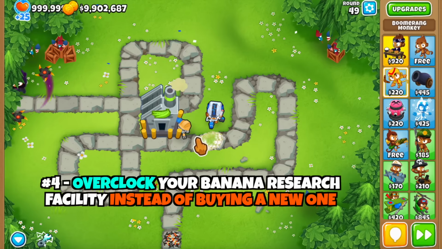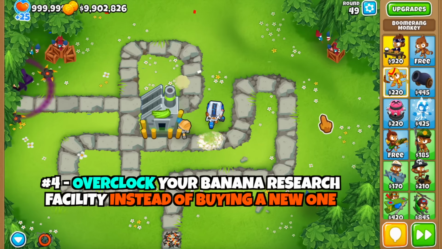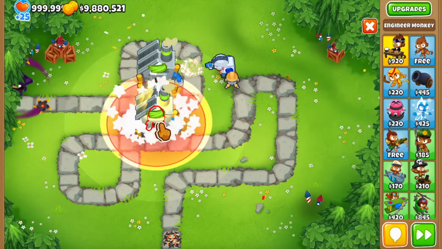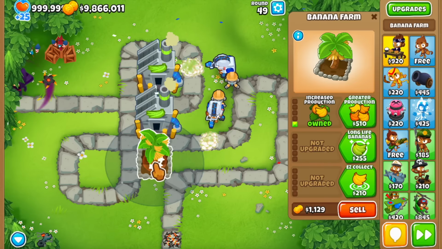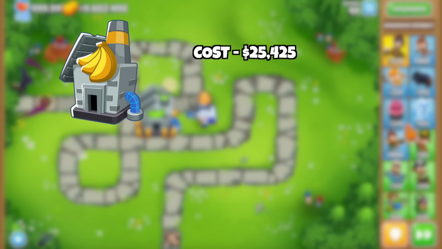Number 4 is overclocking your BRFs instead of buying new ones. What I mean by this is that once you buy a banana research facility, buy an overclock engineer for it and then buy a new BRF. The math works out because one BRF costs